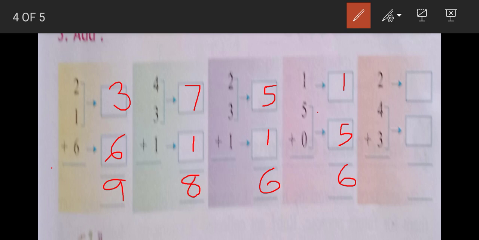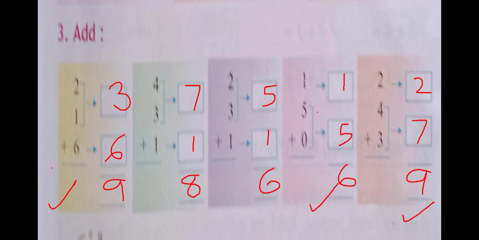Now here 2 will come here because the arrow is given. Now 4 plus 3, yes, it is 7. So 7 plus 2 is how much, children? 9. Okay, so in the copy you will be doing only 3 sums, that is the first one, this one, and the last one. Alright, these two not required. Okay, children.